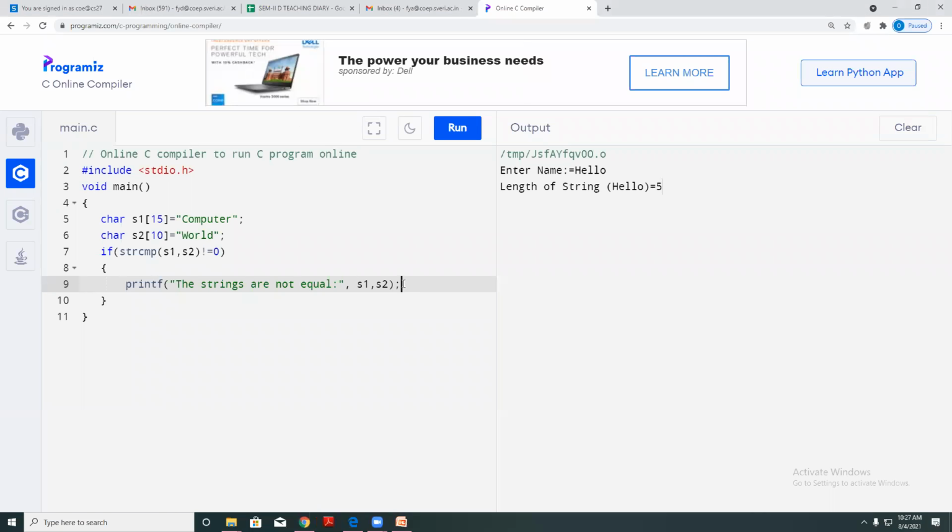Okay, so it will print this message. Now check, the strings are not equal. Okay, if I write here the same, computer,